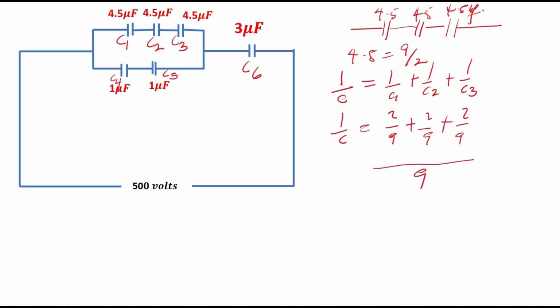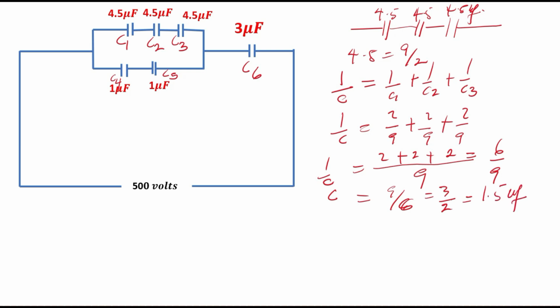Now 2 plus 2 plus 2 over 9 is equal to 6 over 9. That's 1 over C. And so C itself will be equal to 9 over 6, which is equal to 3 over 2. If C is equal to 3 over 2, that's the same thing as 1.5